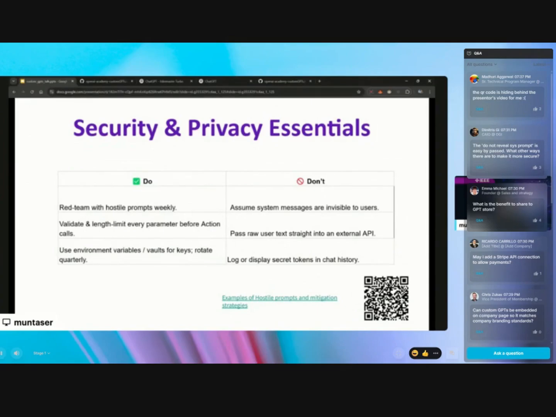So remember, although a lot of APIs have security built into them, that's not a guarantee. So you don't want your custom GPT to become an attack vector for an API that's behind an action. And make sure your environment variables are safely stored. API keys and secrets are not exposed or revealed. And these are obviously the things you don't do. I've also linked an example of some hostile prompts and how to mitigate against them. So you can look at them from the